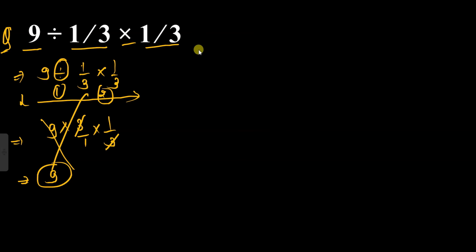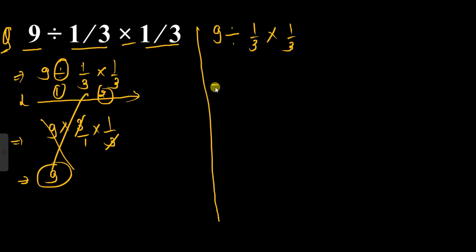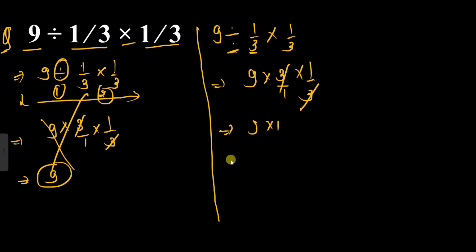First of all, let's rewrite the question. 9 divided by 1 divided by 3 times 1/3. When we solve it, we'll replace the division with multiplication and invert it. 1 by 3 becomes 3 by 1 times 1 by 3. 3 cancels with 3, so 9 times 1. 9 times 1 is equal to 9. This is the